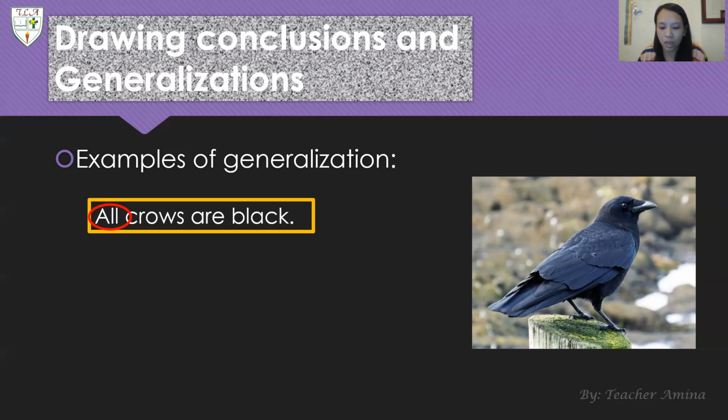He's making it like a universal truth. But the fact is you don't know if all crows are black. Maybe there are crows that are gray or another color, brown.